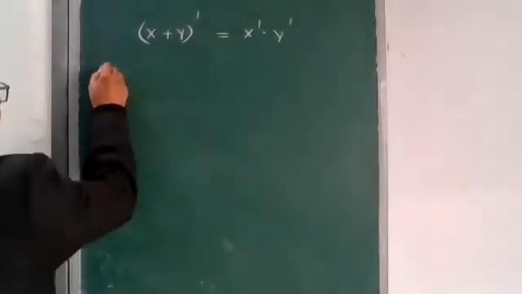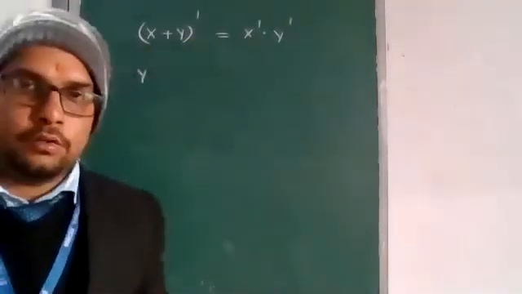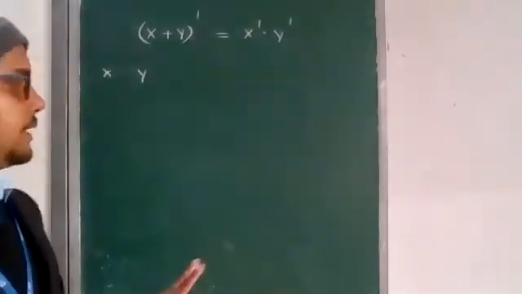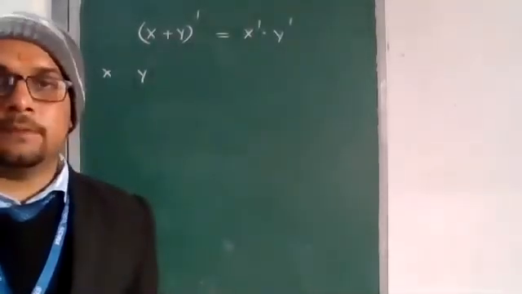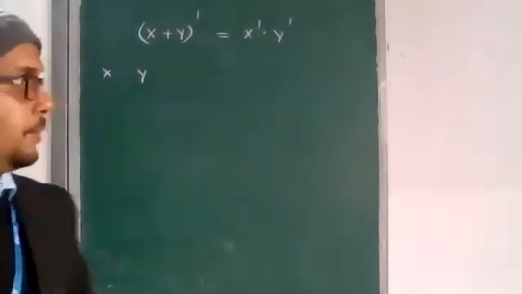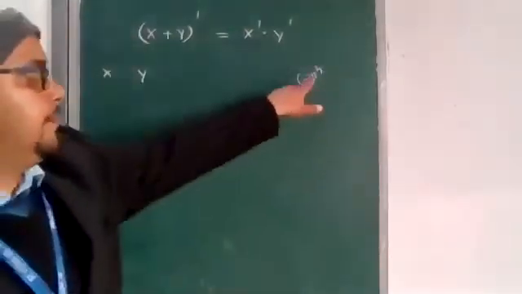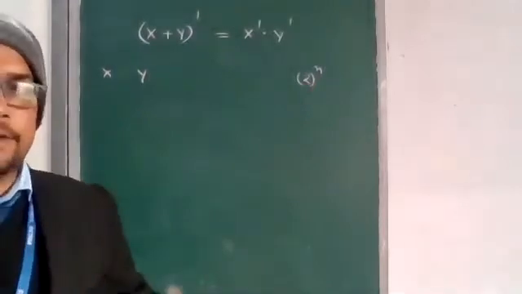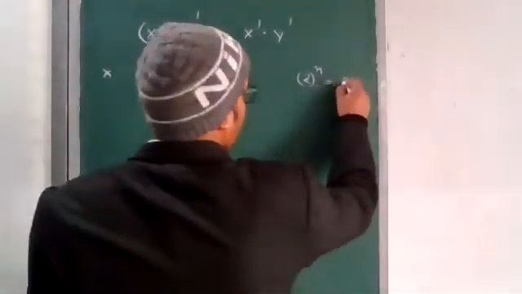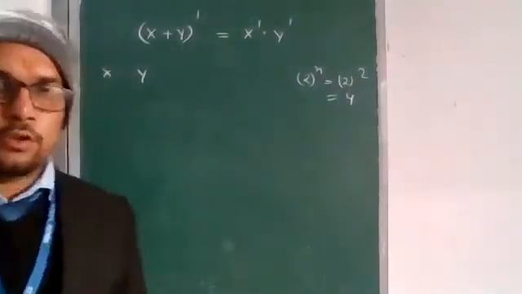So first of all, you have to write x, then y. Here we have two variables only. One is x and second one is y. Only two variables in this expression. So it makes a maximum of 4 combinations because 2 to the power n, where n means number of variables. Number of variables are 2, only x and y. So according to this, 2 to the power 2, result is 4. So it makes a maximum of 4 combinations.